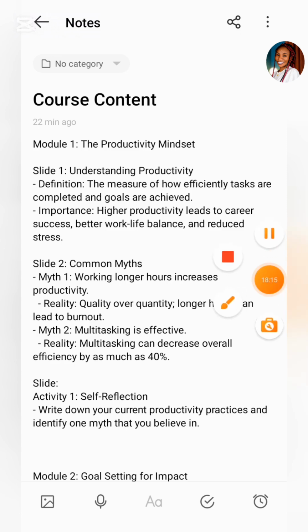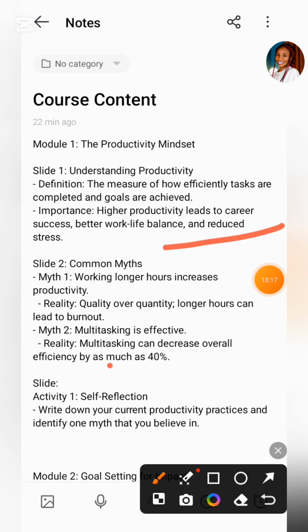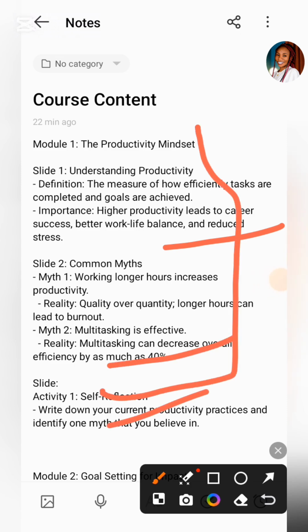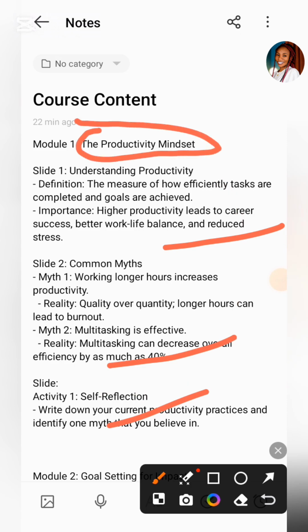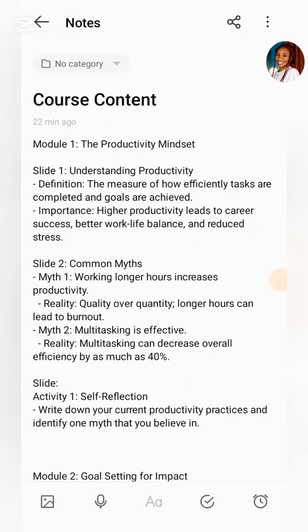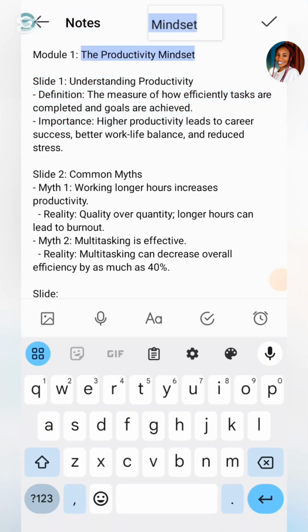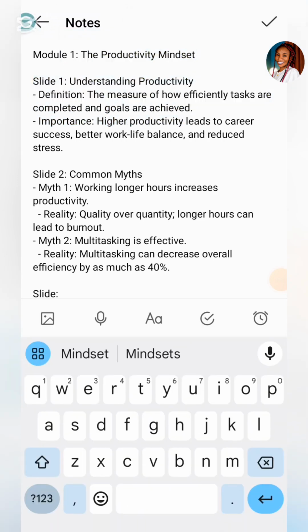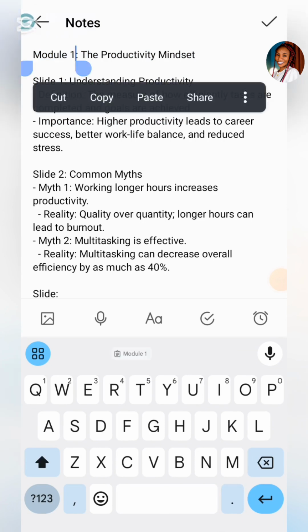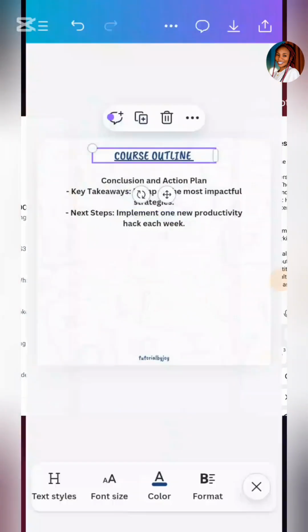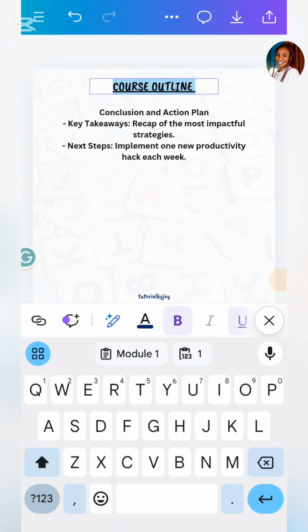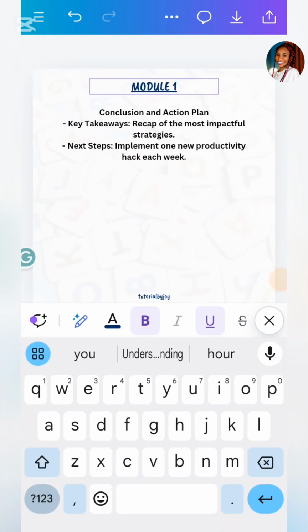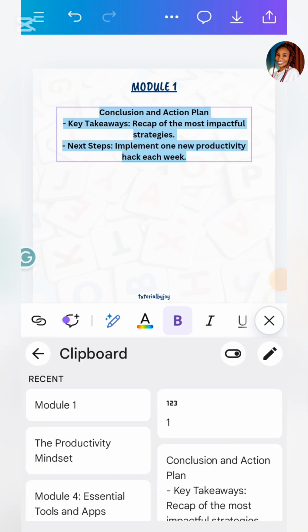Okay, so ChatGPT helped me arrange slide 1, slide 2, slide 3, so I know what to put in each slide. Okay, so the first one is module 1. I have to put my topic, the productive mindset. So I'm just going to copy the productive mindset and copy module 1. Copy. So go back to my Canva and edit this, put in module 1 and put in the topic,